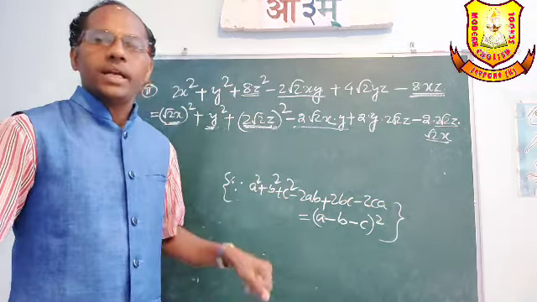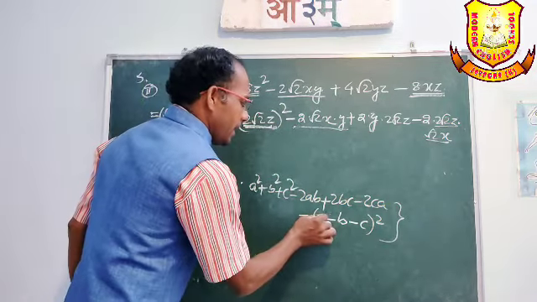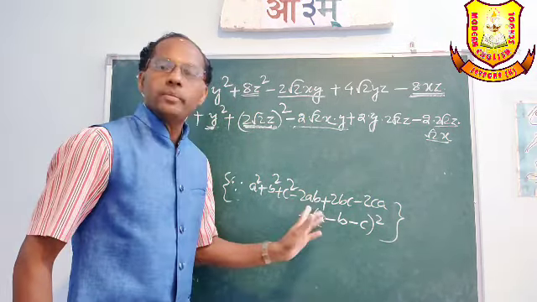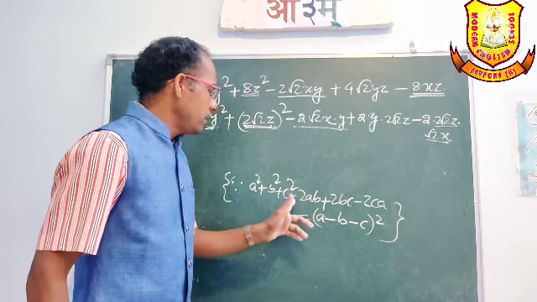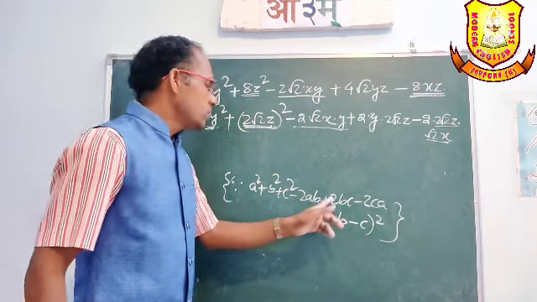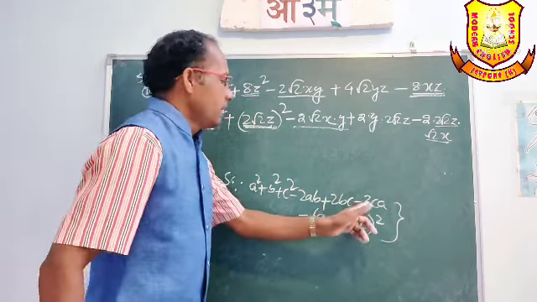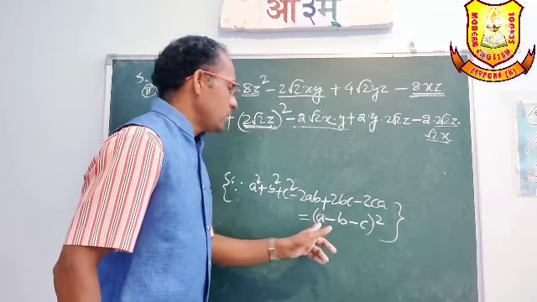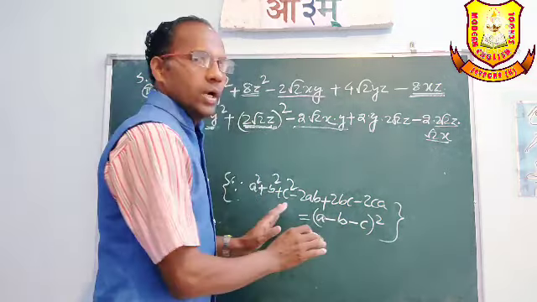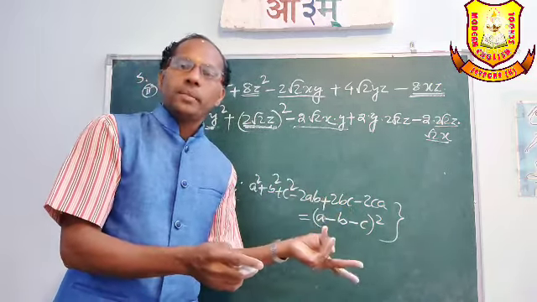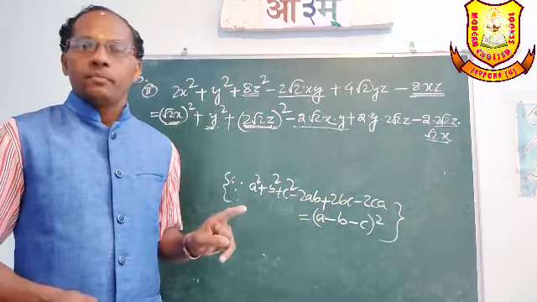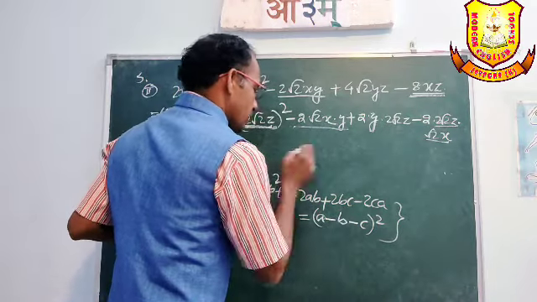You will understand better if you think: whenever we take a into b, b is minus and a is plus, so minus into plus will be minus, so ab is minus. For b into c, minus into minus is plus, so plus bc. And c into a, minus c into plus a is minus ca. Whenever any two of these three multiply, if the result is positive, both are minus; if negative, one is minus. So here, a minus b minus c whole square.